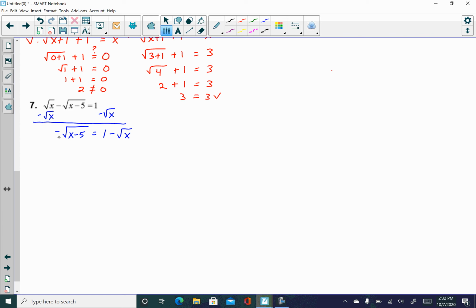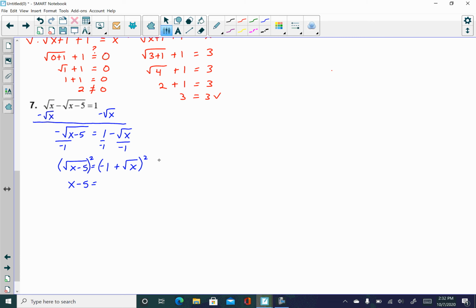Now from here, probably the best thing to do is get rid of this negative in front of the square root, so we'll divide by -1. Whatever you do to one side, do to the other, do it to every term. This now leaves me with the square root of x minus 5 equals -1 plus the square root of x. Now, just like you saw before, you've got your square root isolated, so you're ready to get rid of it. You're going to raise both sides to the second power. Since it's a square root, raise it to the second power. Anytime you square a square root, you just get what's inside, so that's just going to be x minus 5